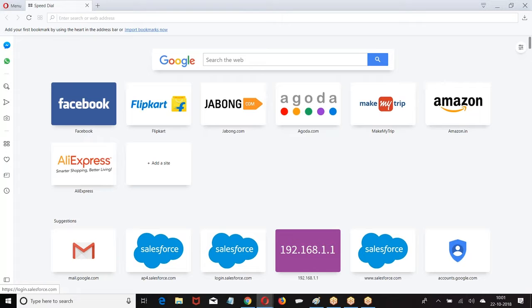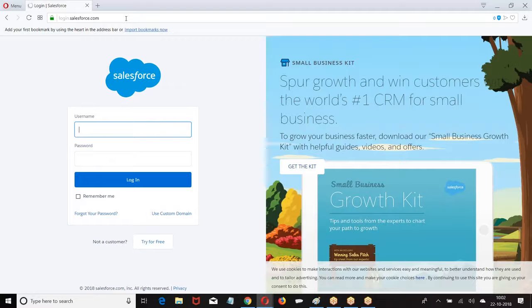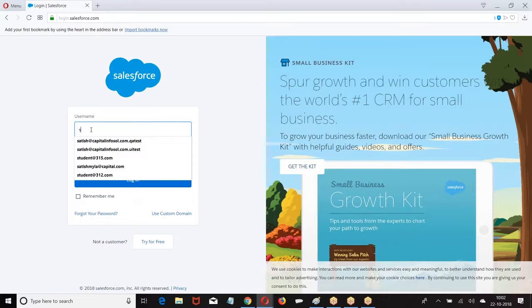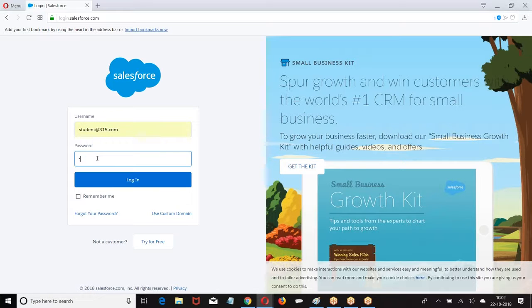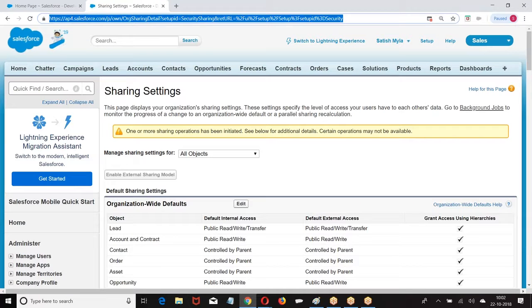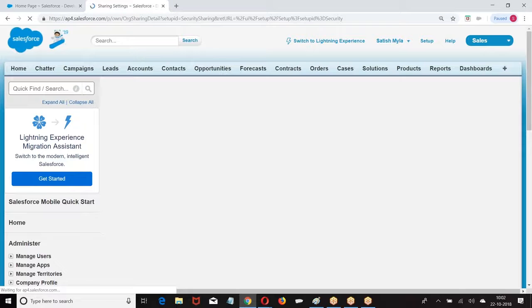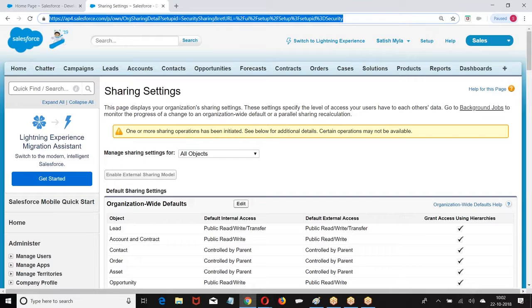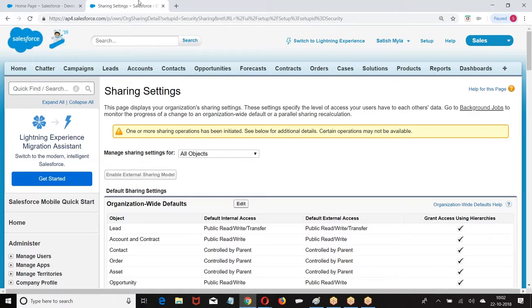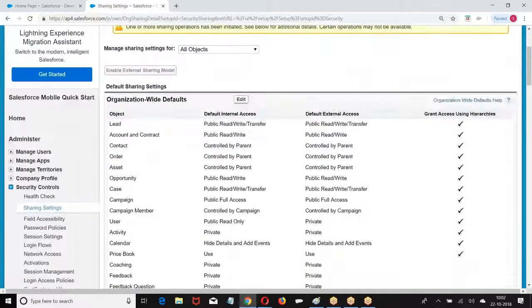That should be applied there. So meanwhile, let me open the report and show you once again.